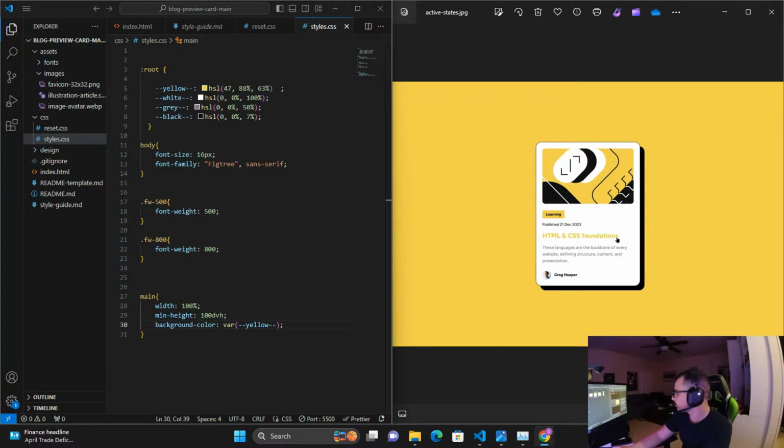So now I have my card. I want my card to have a padding. I want it to be inside the main. I want to have a padding of 24 pixels, which is going to be 1.5 rem. And I know that because I deal with 16 pixels all the time. I want a border